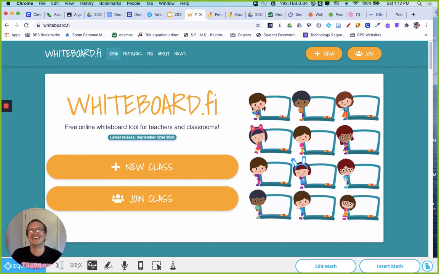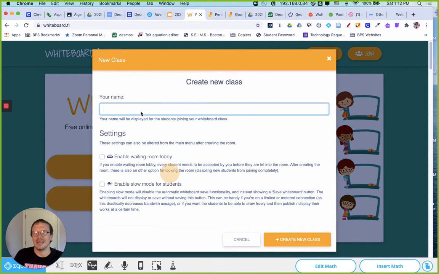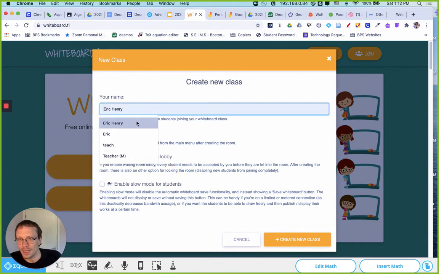So what I would do as the leader of the students within that little session, I'd go into whiteboard.fi and make a new class, like I'm the teacher, right? And then I go into my breakout session in Zoom, and I share the code with the three other students in there. So I hit new class, and I recommend, for the workflow that I was describing,